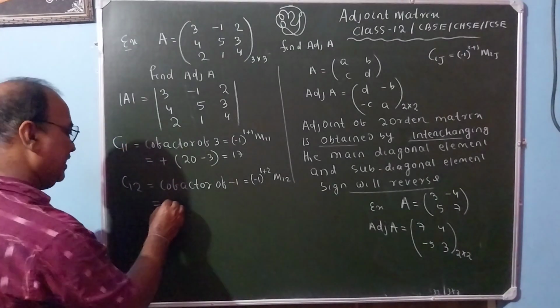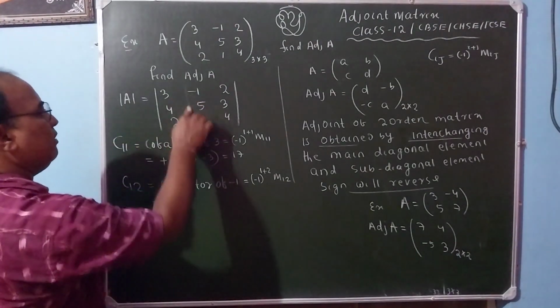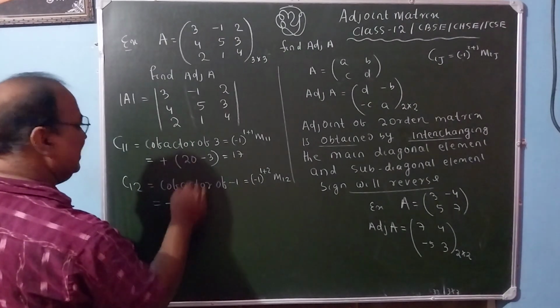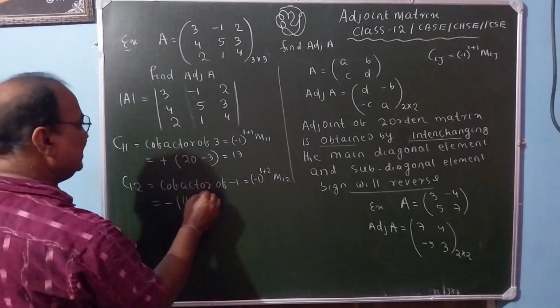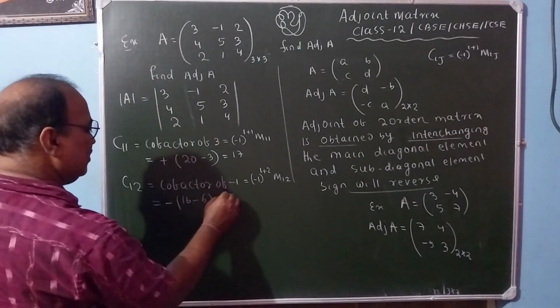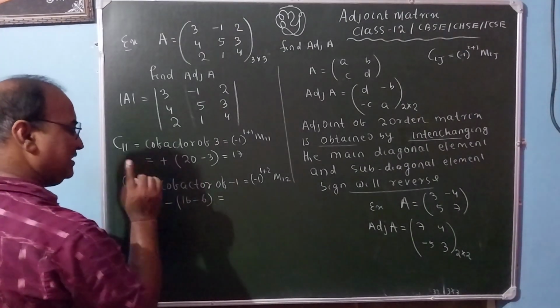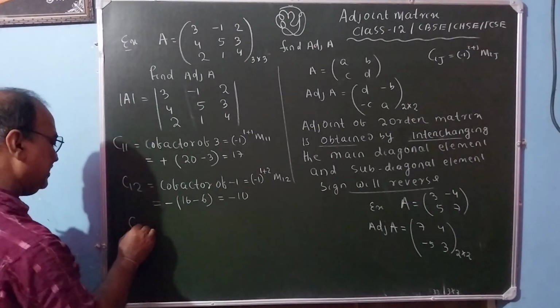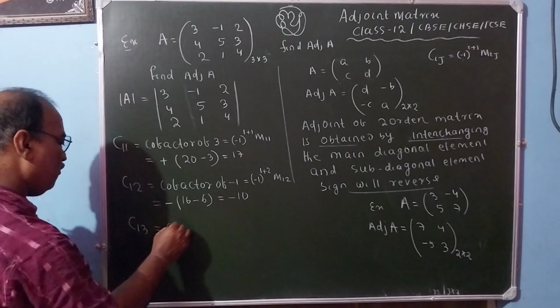So its sign will be negative. So you have to delete this column, this row. 4 into 4 it is 16 minus 2 into 3 it is 6. So the result is 16 minus 6, 10, minus 10. Then C13 cofactor